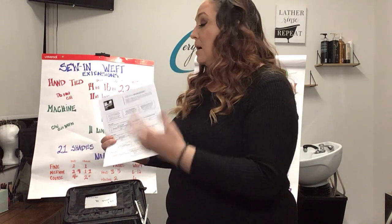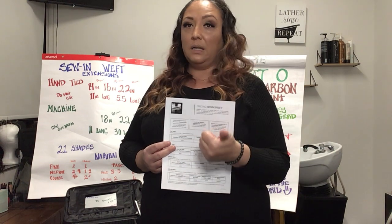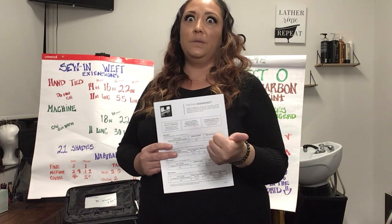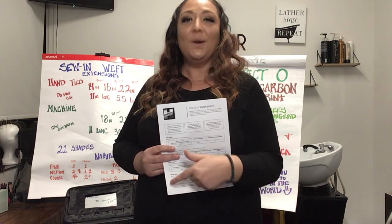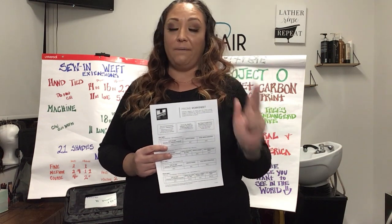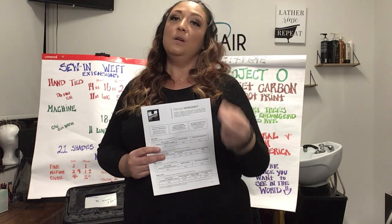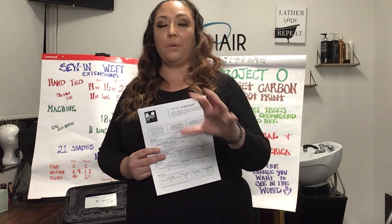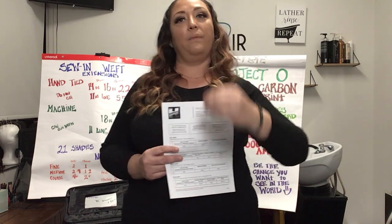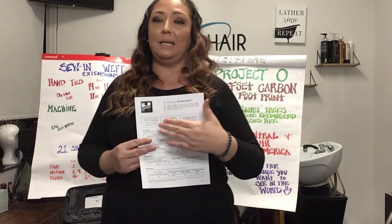I usually also include the package with the deep conditioner, the smooth conditioner, the clean shampoo, and the mask. So those 3 are really essential for them to maintain their investment at home. And you're going to want to make sure that they can have a good brush too. So the brush also, I include the price of that. So those four products I put as a part of the cost of the service as well, because we want to make sure that they're maintaining this